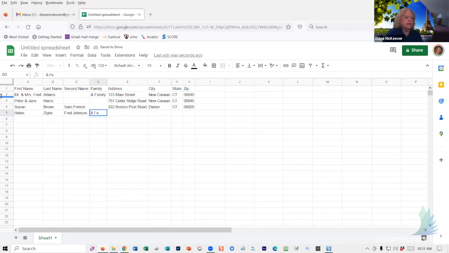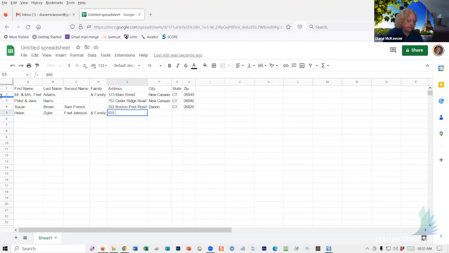Now, do you see I said family? I can't type and talk at the same time. I said that as you typed in information, it would automatically enter. Well, if there's a blank, and in this case we had two blanks, it kind of forgets it. Excel doesn't forget it, but Sheets does for some reason. And so they're at